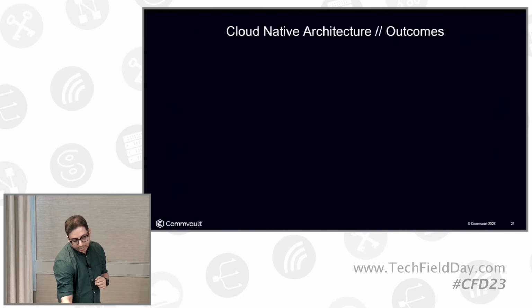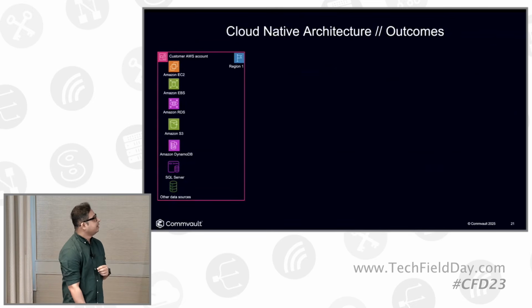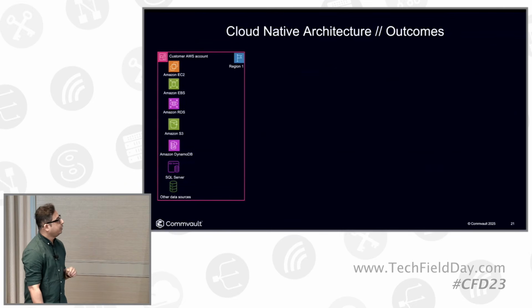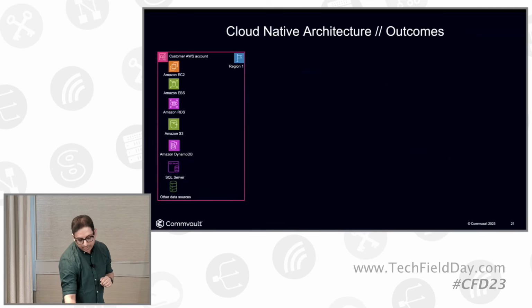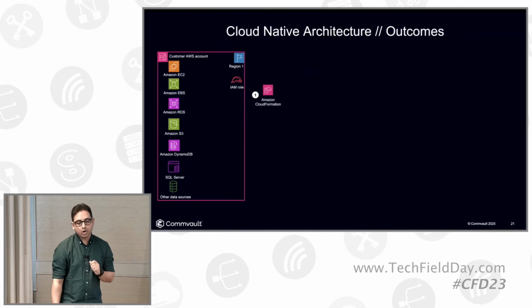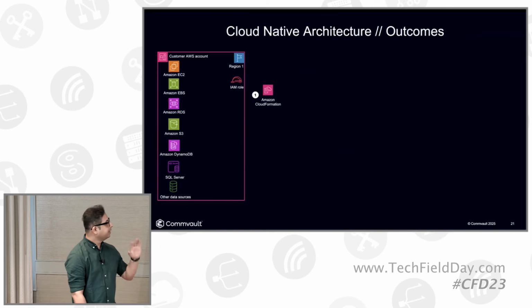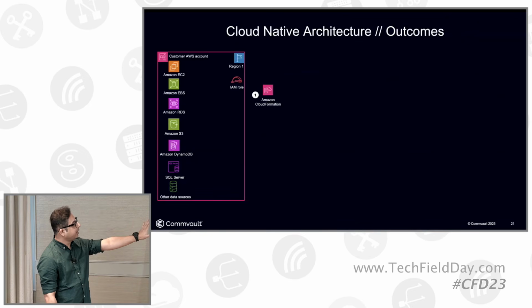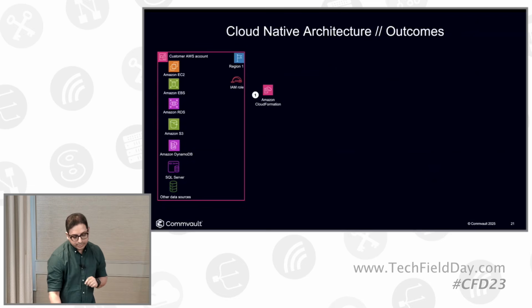Yeah, and this is the architecture that I wanted to talk about. On the left-hand side, you would see the customer AWS account. Let's say this is in region 1. And then the only thing that they need to do is onboard an account with us using a CloudFormation template or a Terraform script. And then the IAM role gets created on their account, and literally that's the only footprint that the customers will have to manage. No infrastructure, no servers, none of that.